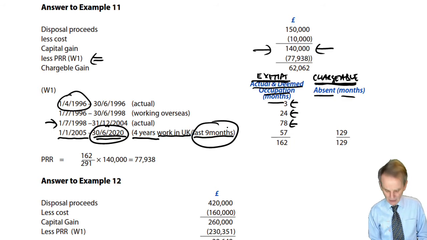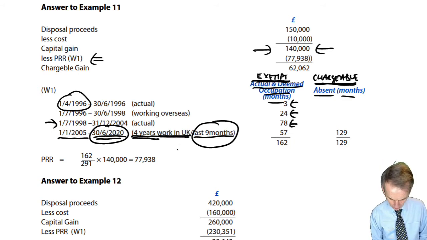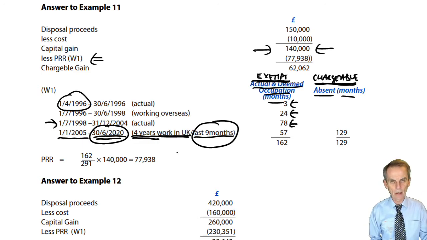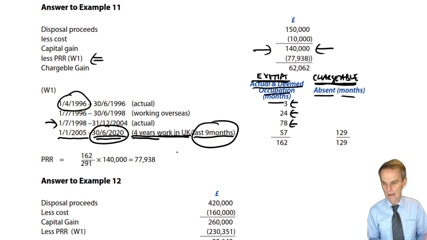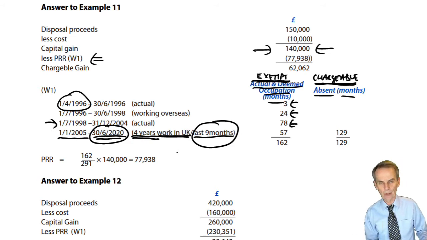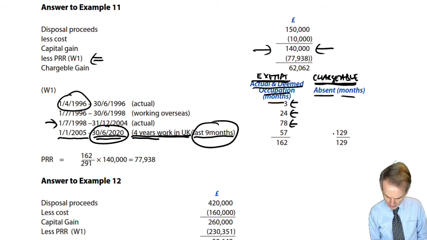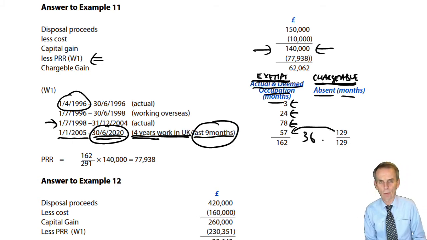But it would mean that in addition to the 4 years for working in the UK, we could add on to that a further 3 years of deemed occupation, because we would have the 3 years for any reason. Because we lived in it at some point before leaving the property, we had then lived in it after the period of non-occupation and prior to disposal. Therefore, you could have the 3 years for any reason. So that would mean, therefore, that we would move some 36 months out of the chargeable months and back into